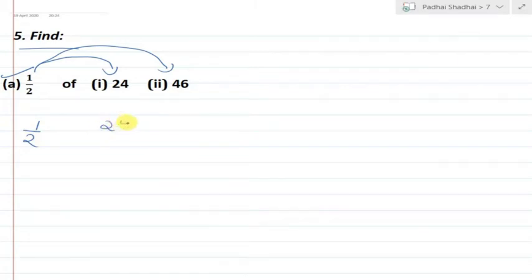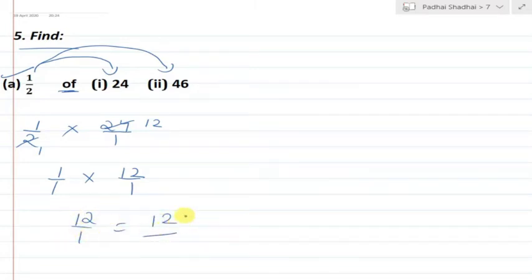1 by 2 of 24, so that is 1 by 2 into 24. If possible we will cut out or we will solve it. Both methods are possible here beta. So we will put 1 in the denominator of 24, so that we can make it a fraction. Is 24 divisible by 2? Yes, 2 12s are 24. You remember it. Now we will multiply. Here we have 1 and here we have 12. So first is 1 by 1 into 12 by 1. So 12 into 1 is 12 and 1 1s are 1. So the final answer will be 12.